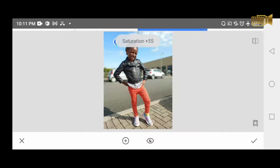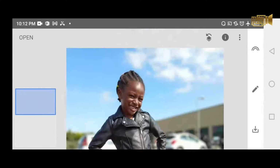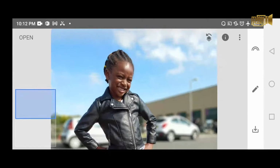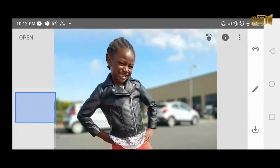And again, check the check mark, say yes to that. You can automatically see what the color is already looking like. The color is already popping. Let's see if we expand this. You can see the sky is looking very blue. The little girl's face is looking bright and radiant already,